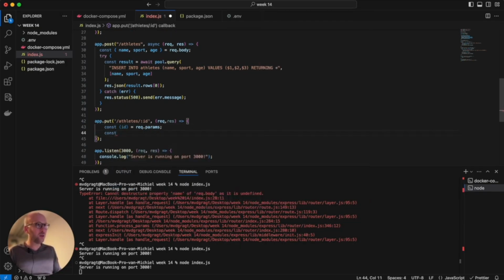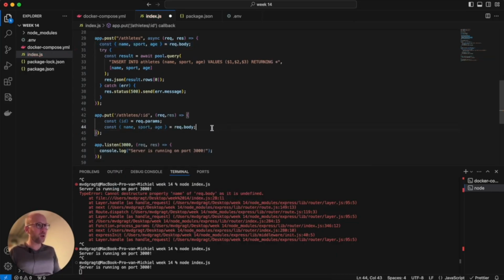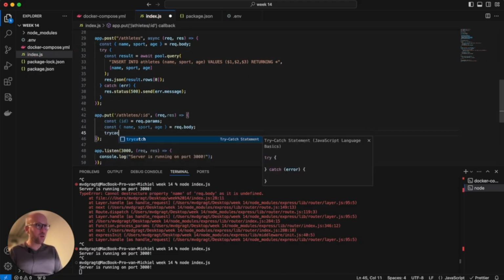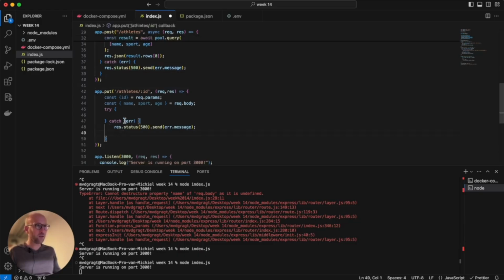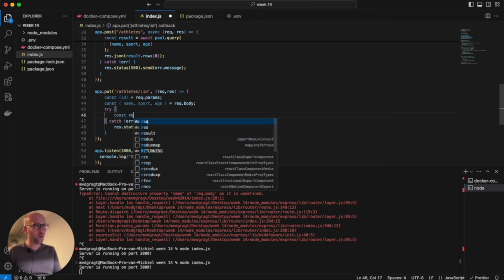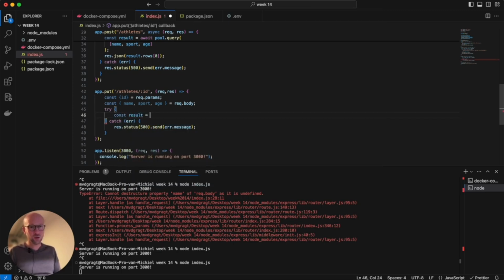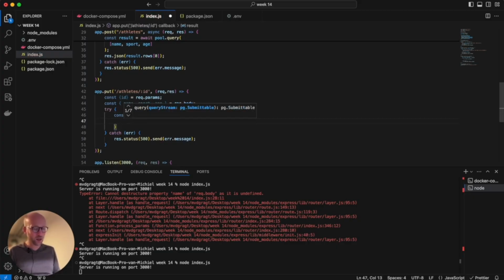We also want this here, of course, from the request body, and then we can do our try catch error, and we can copy this, stick that in there, and now we can do const result equals pool.query, and in here now we can say update athletes,